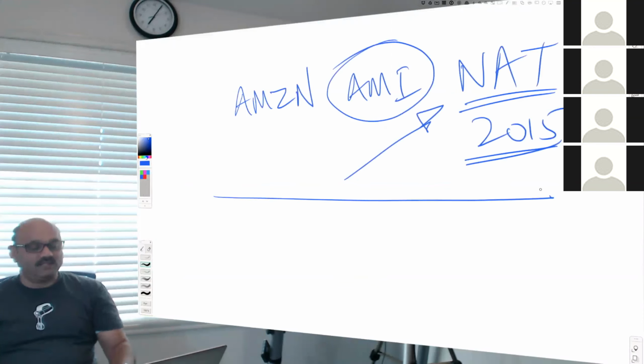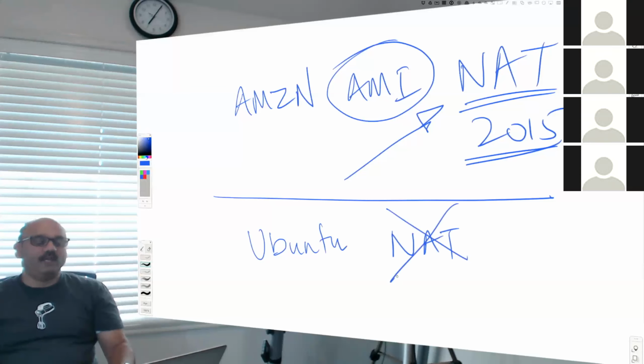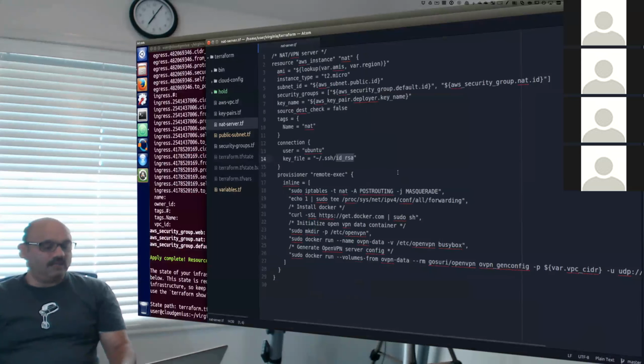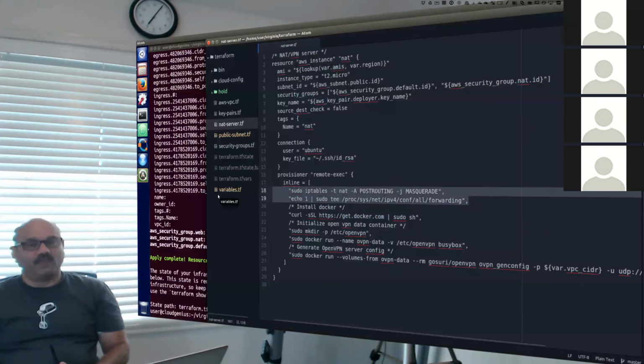Whereas in this example, we are using plain vanilla Ubuntu, and plain Ubuntu is not NAT to begin with. It doesn't function like a NAT. So we have to program it to become a NAT, and that is what we are doing in line number 18 and 19 together. These two lines convert a plain vanilla box into a NAT box.